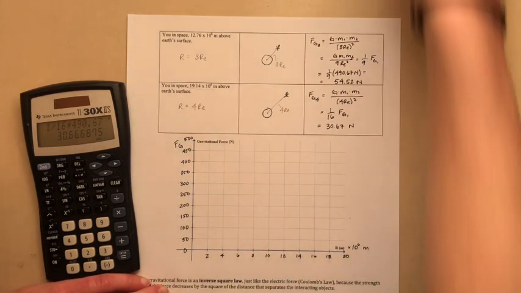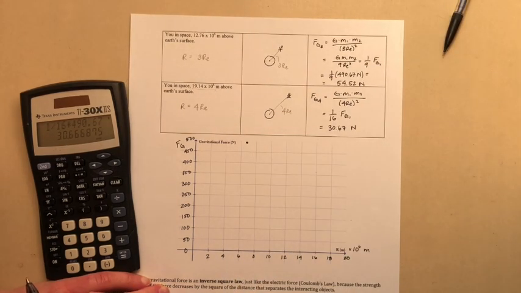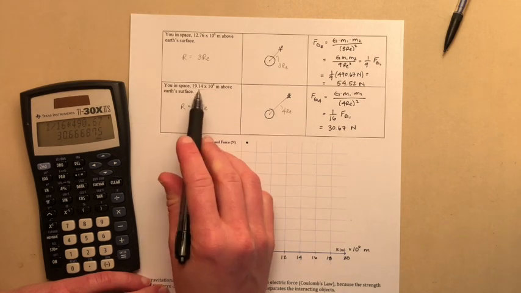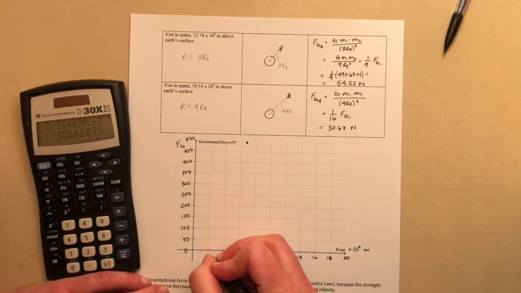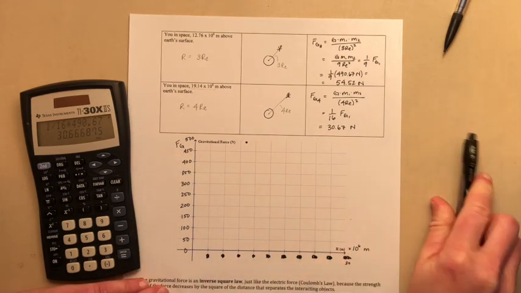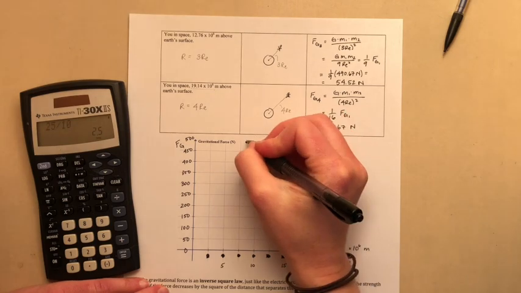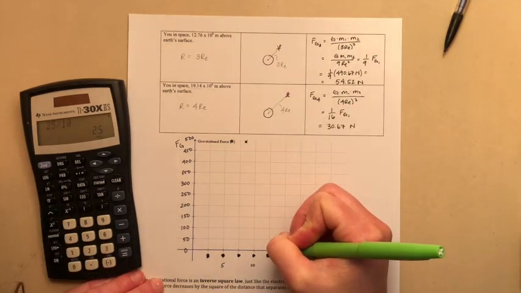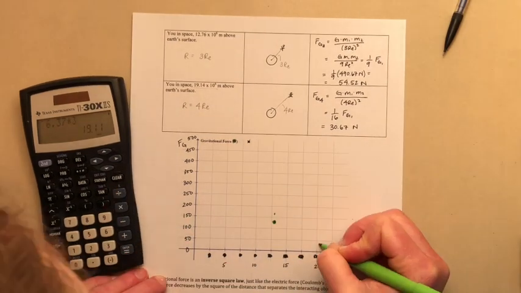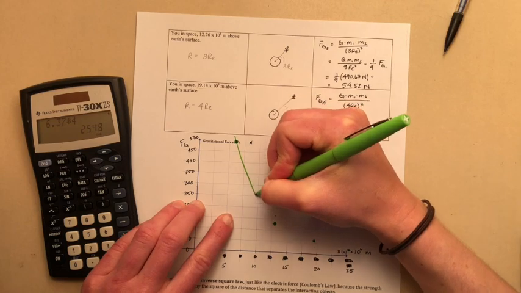All right, so now I'm going to plot all my data. Oh, and I screwed up my scale because this actually isn't 19, it is that plus 6. So I need to redo my scale real quick. All right, trying again here. That point does not count. So this graph looks like this,